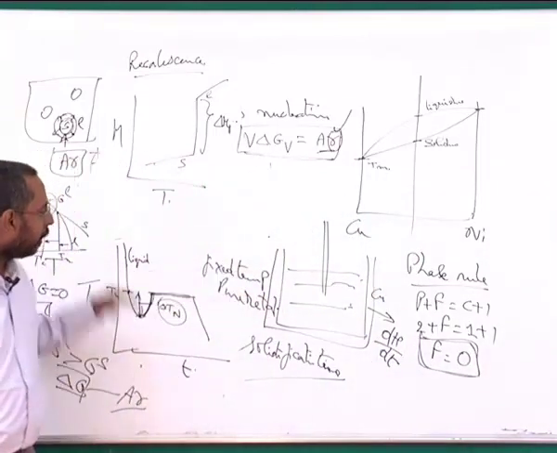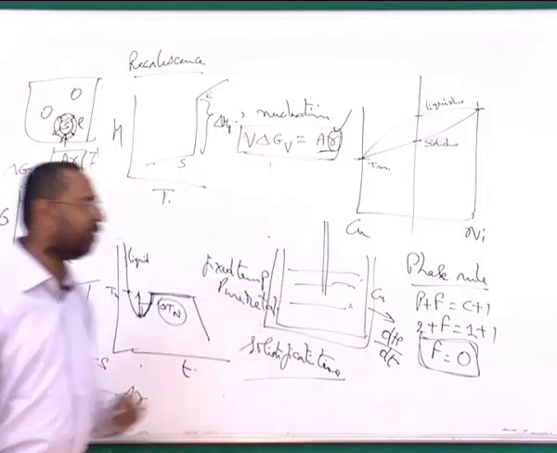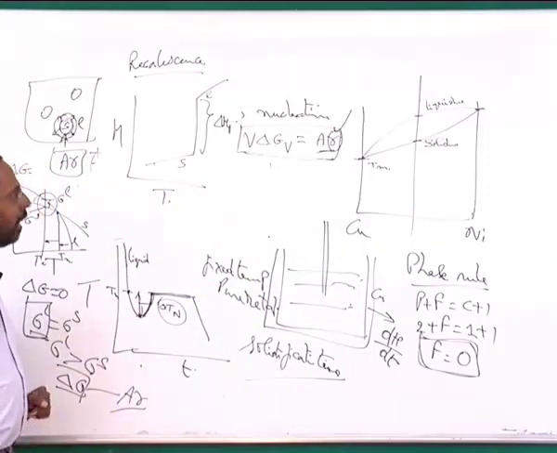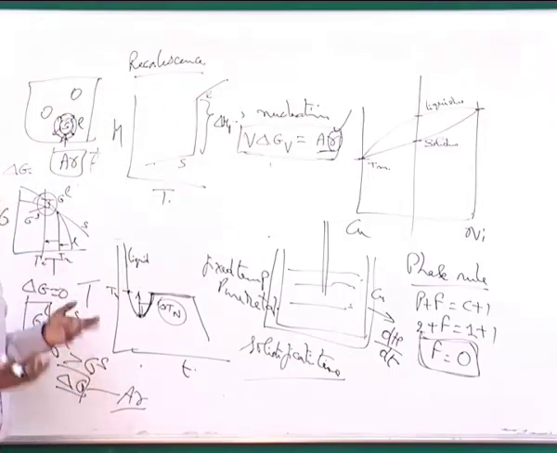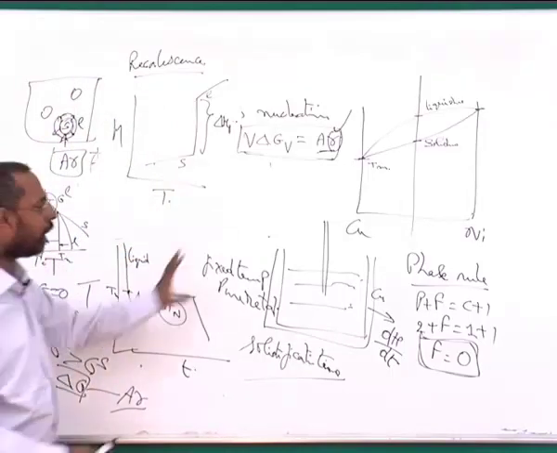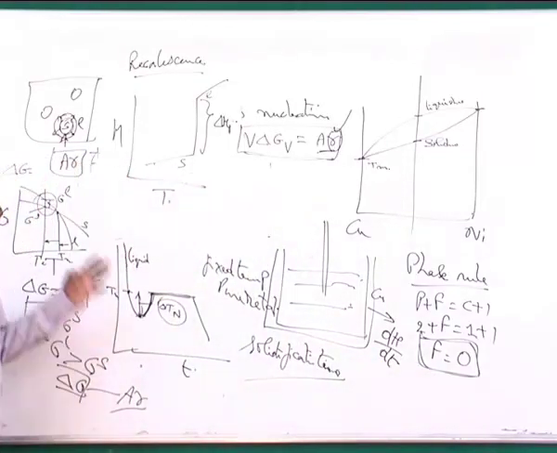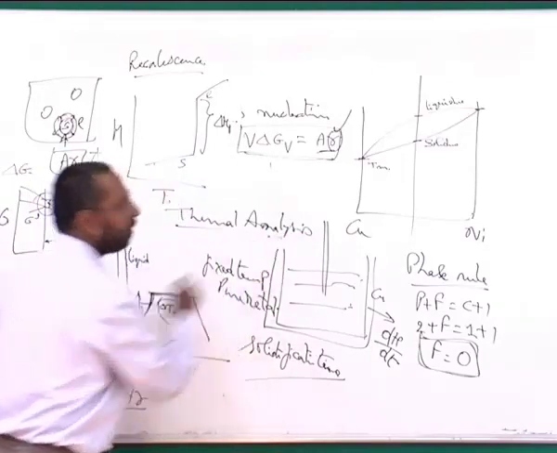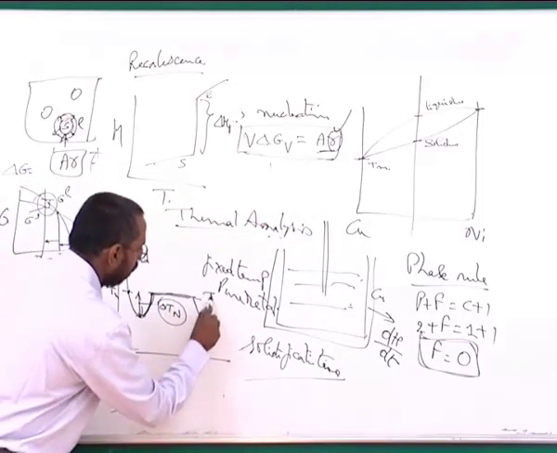Phase rules tell us that a pure metal has to solidify at a fixed temperature, and that fixed temperature is the melting point. So this gets heated up to the original melting point of the material, and further new growth is only growth now. There is no more nucleation. Nucleation is already finished, so the growth occurs at a fixed temperature. So this is how we can talk about both heterogeneous and homogeneous nucleation, where we use this thermal analysis to understand this kind of solidification and get to know what this temperature is.